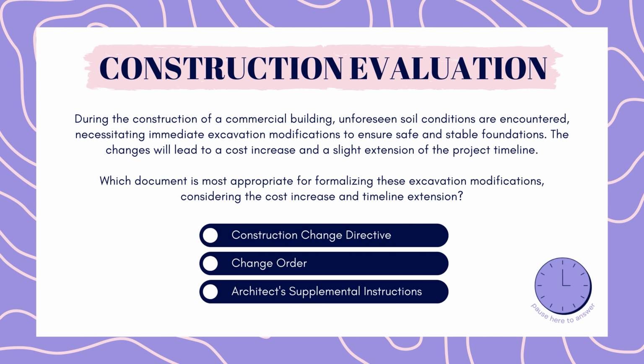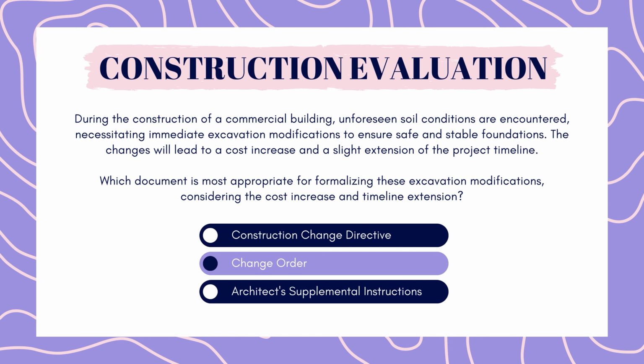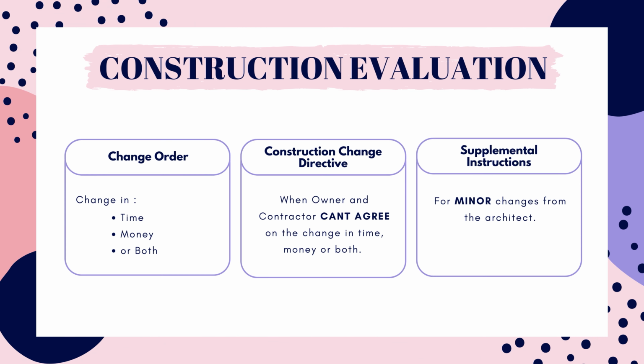The answer is change order. A change order is used to formalize modifications to the original contract's scope, cost, or schedule. It is employed when changes occur during construction that impact the project. Change orders are necessary when unforeseen conditions or modifications affect the project in ways that were not initially accounted for